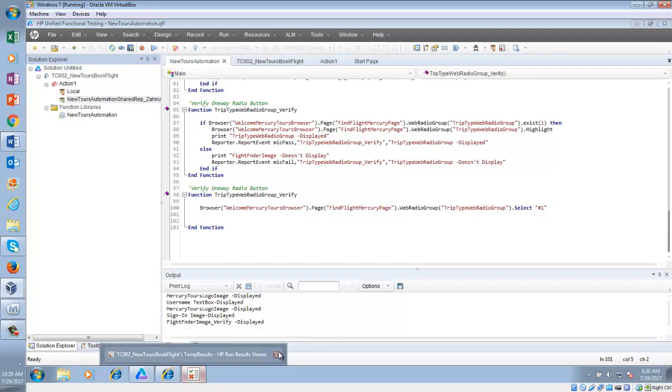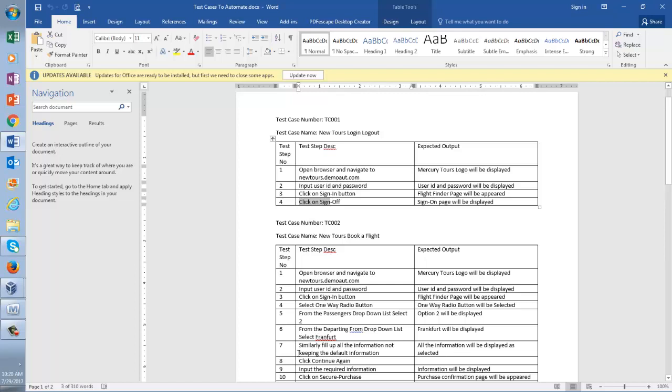And what is the next function to automate? If you go to the functionality, from the passengers drop down list, select 2, right? Let me see.